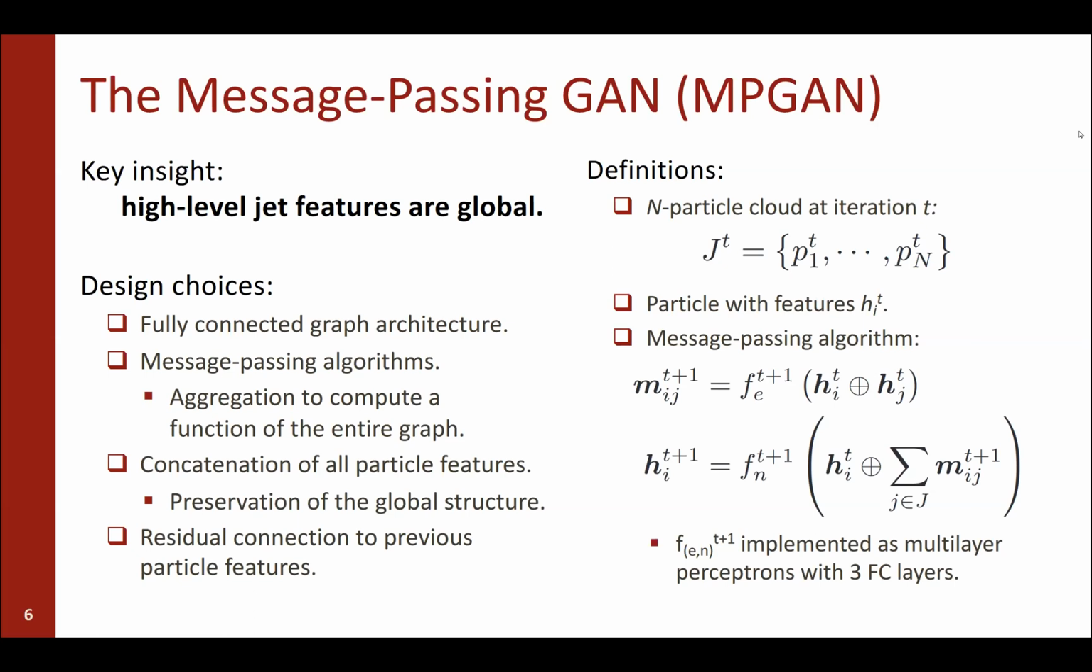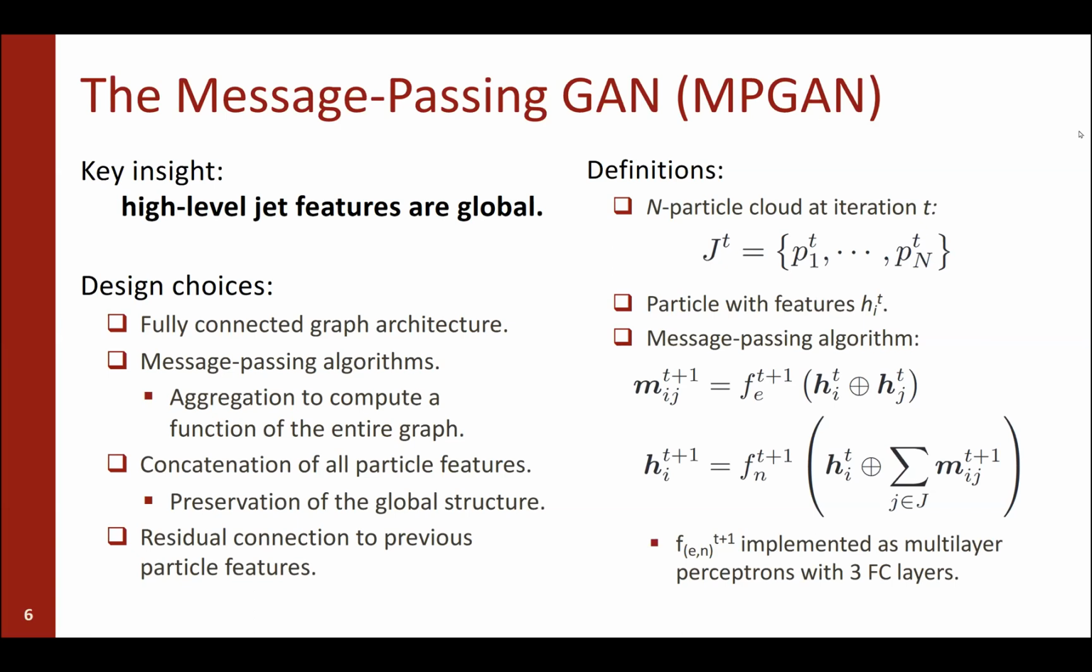And then, even though it's an unordered structure, there is some sense of history in there, right? Because the particles that you see in the jet, they come from the hadronization and the particle shower. So in a sense, there is a history of development of the jet. And we try to capture that by doing a residual connection to the previous particle features. Taking all this